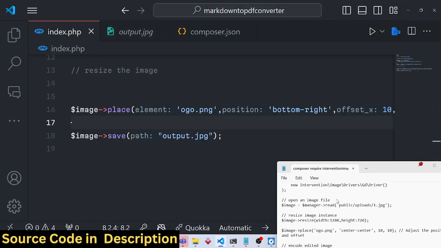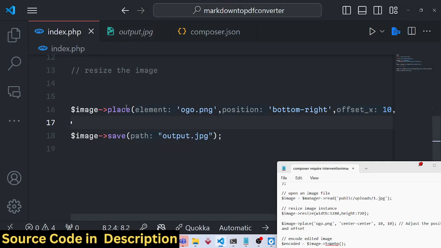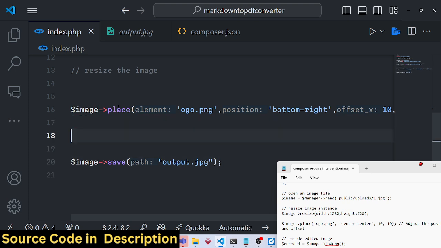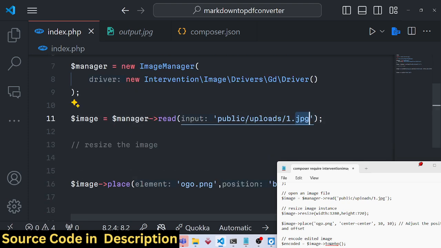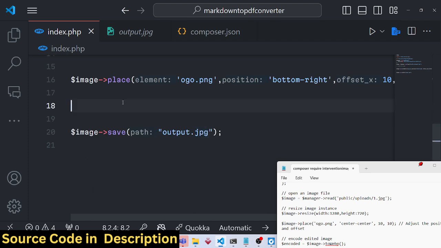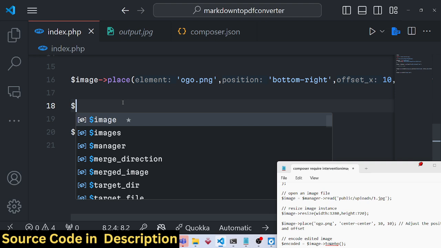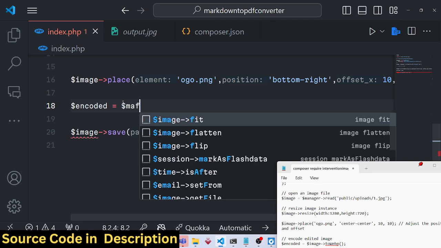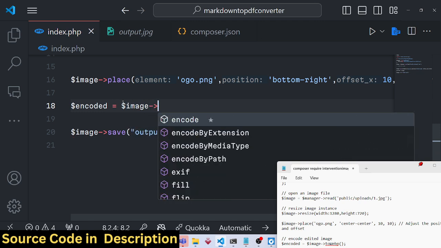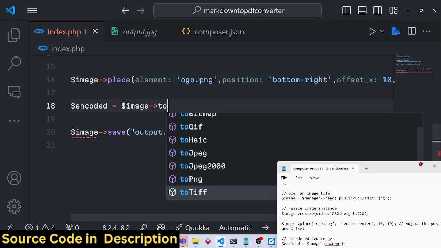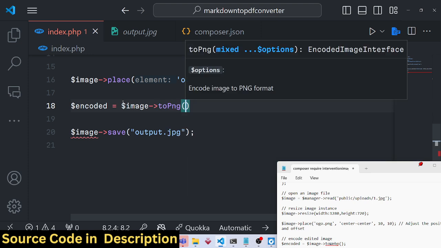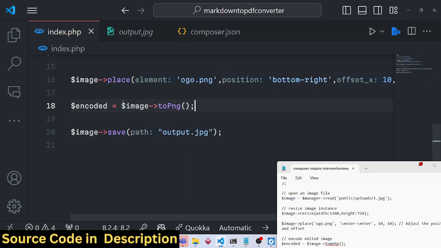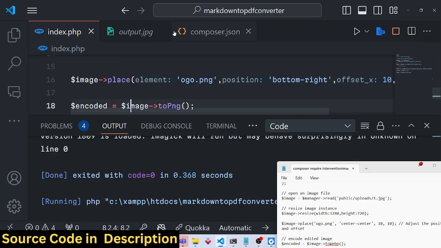And then we also have the method to actually convert this image from one format to another. So you can just see it's a JPG image that we are processing. If you want to convert into a PNG image, you can simply say image, you can create a new variable, encode it, and then we can take this input image. We can just add a method, you can see all these methods are available, to PNG, to TIFF, WebP as well. So I will say to PNG, and then I will change the file name to output.png. And if you run this code now,